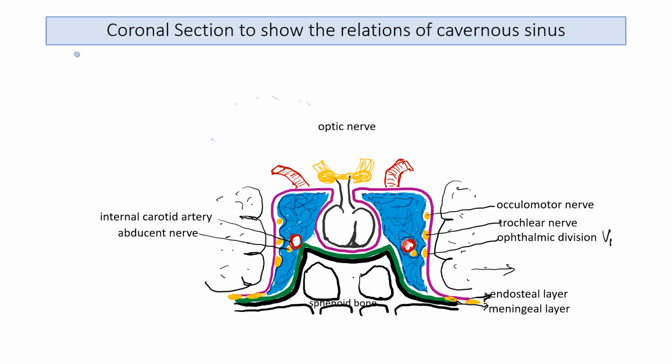One more condition related with the cavernous sinus: sometimes an aneurysm of the internal carotid artery ruptures in the cavernous sinus, and because of that the arterial pressure is transferred to the veins. All the veins, the tributaries and communications of the cavernous sinus, get engorged and pulsate because the pressure is transferred to the veins. That may cause a symptom called pulsatile exophthalmos. There are many other symptoms also. So that is the cavernous sinus fistula because of the rupture of the arteries.